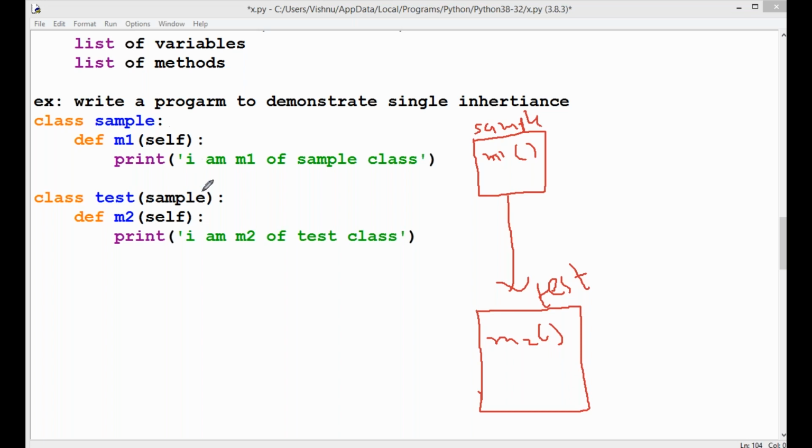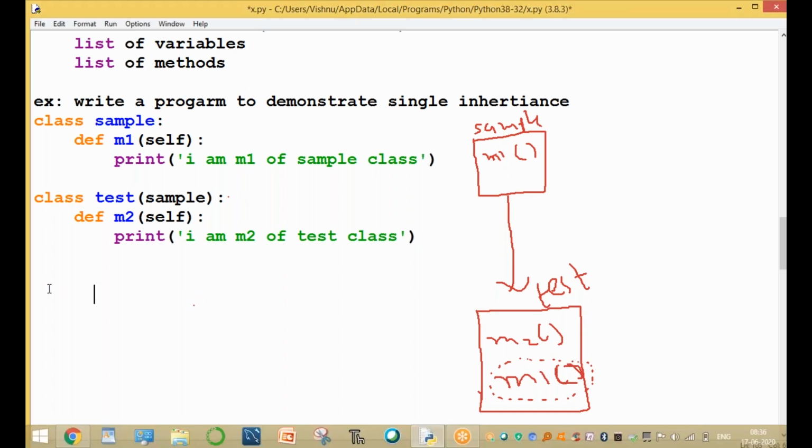Now through the inheritance concept, all the variables and methods present in the sample class are automatically derived into the test class. M1 is also derived from sample to test. What is the difference between M1 and M2? M2 is its own method, while M1 is derived from the sample class.